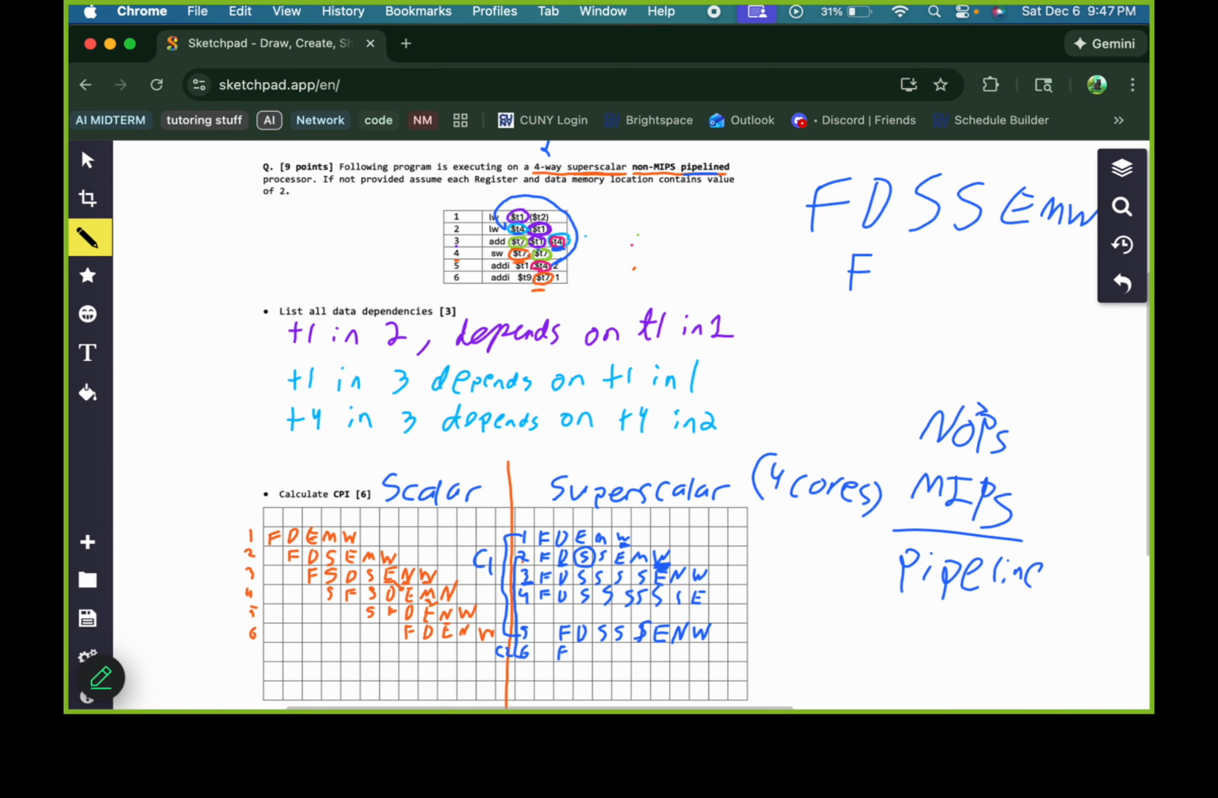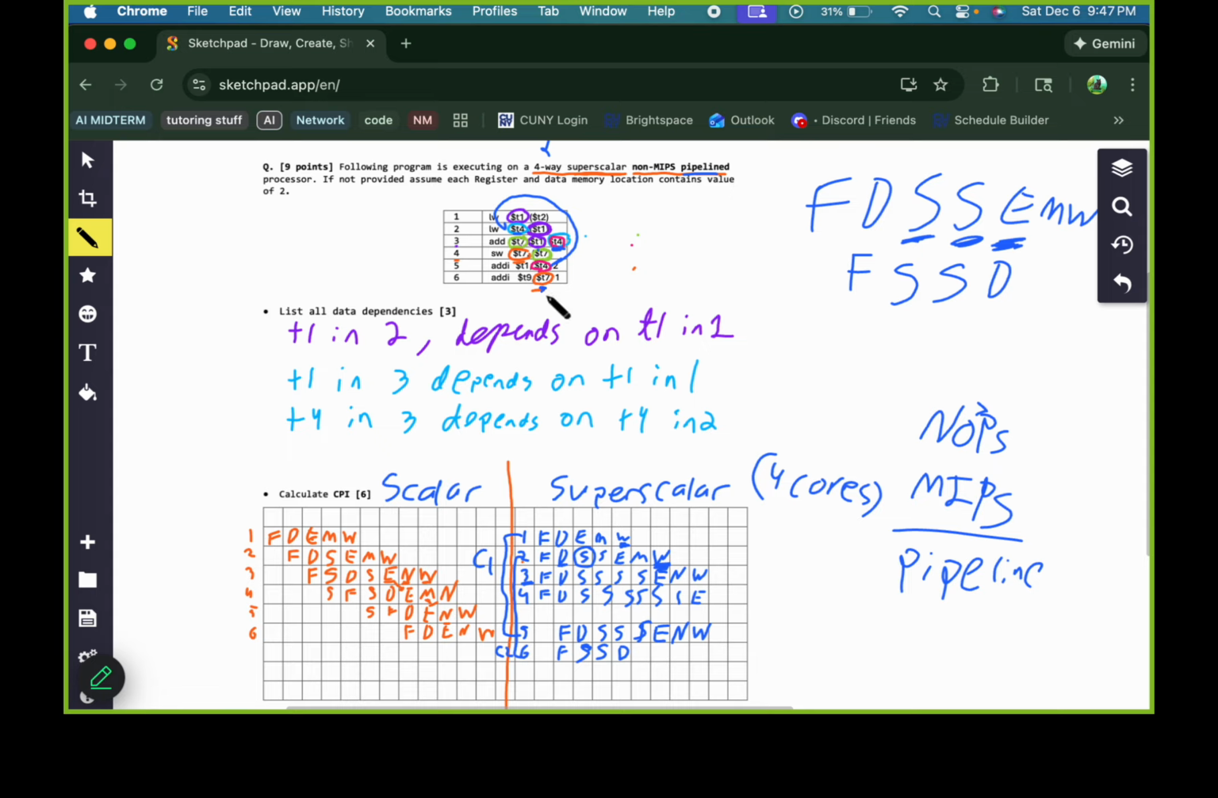So I do a fetch. I can't do anything right now. There's a stall happening. I can't decode until my exec stage is happening for the previous instruction. So stall, stall, decode. Okay, now that I'm finally free from those stalls, now I can see if there's data